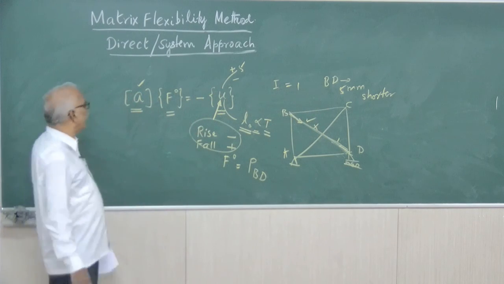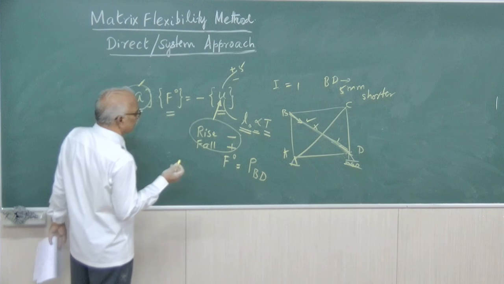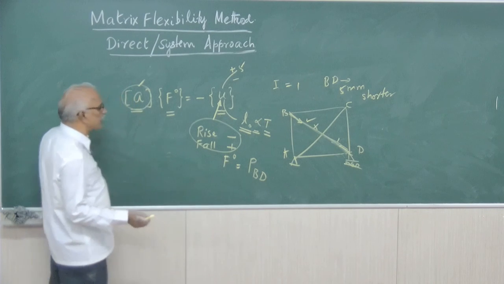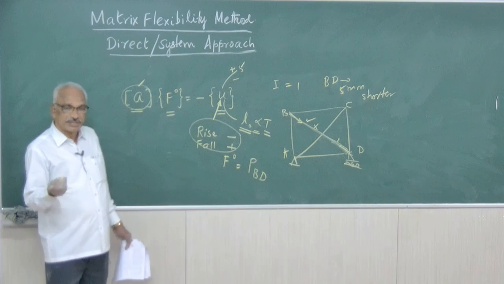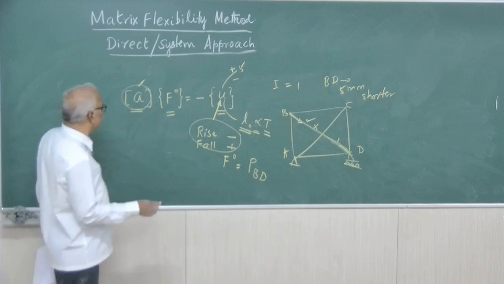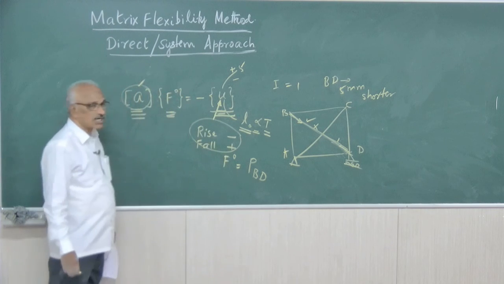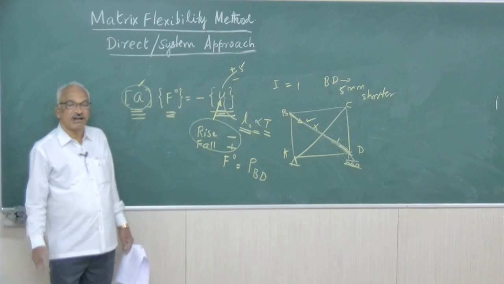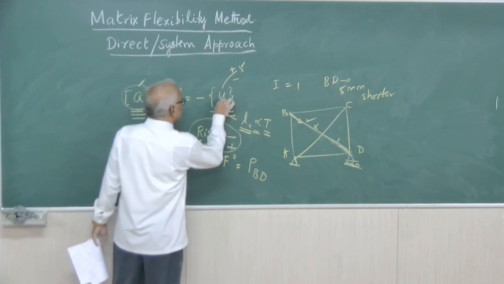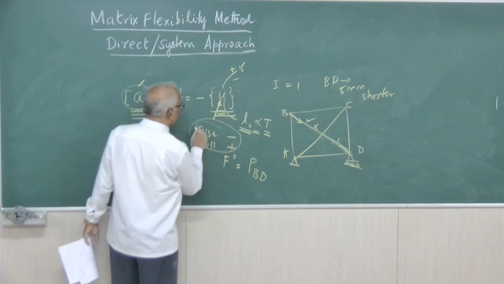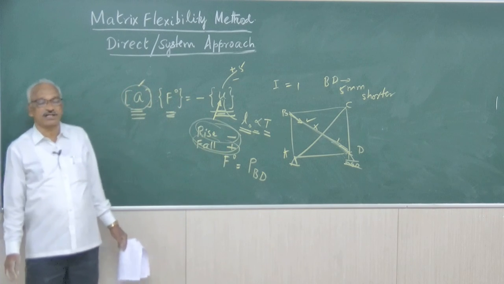So the truss will be analyzed by removing the member having rise or fall in temperature. Find out the values of K. That will give you the value of A. So the analysis of the primary structure, by removing the redundant member, or the member having lack of fit or subjected to rise in temperature, gives the A value, F naught. Right hand side is given. Shortage in length means use plus sign. Longer means use minus sign. Similarly, if it is subject to rise or fall in temperature, rise means use minus sign, fall means use plus sign. That U will be given by L naught into alpha into T.